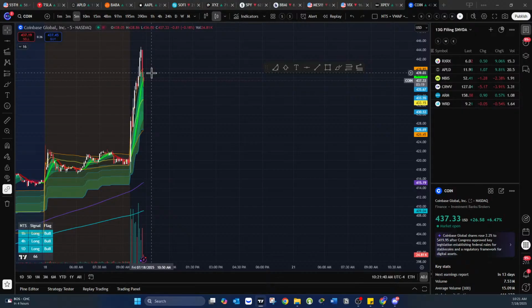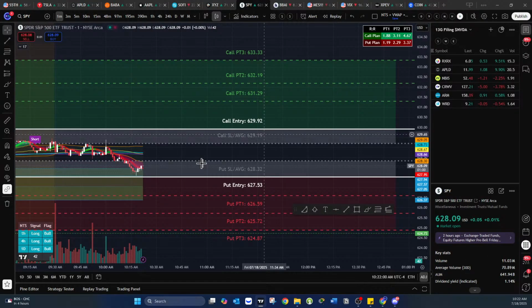All right, SPY's bouncing on this call entry. Sorry, off that put in. Almost got the put entry here earlier. So SPY or ES is bouncing off the previous high, which is 6335. If you've been watching ES, 6335 was a pretty big level, and I think they're gonna try to break it down. If they break down 6335, we will have more bearish momentum today.